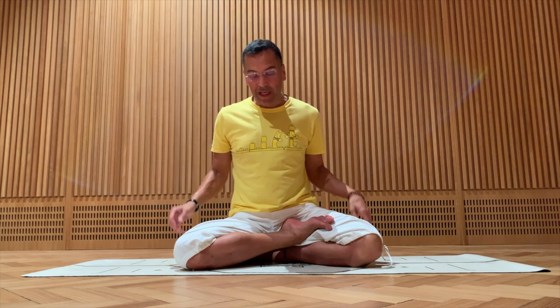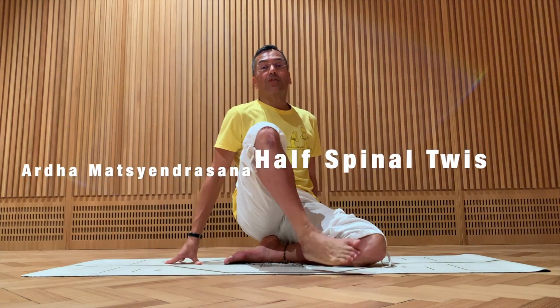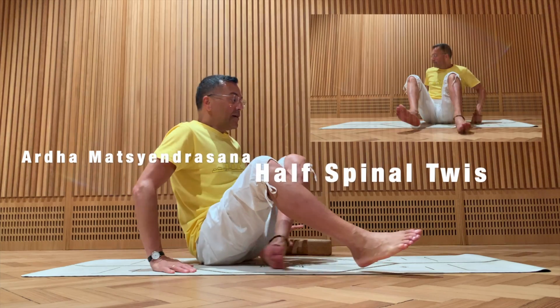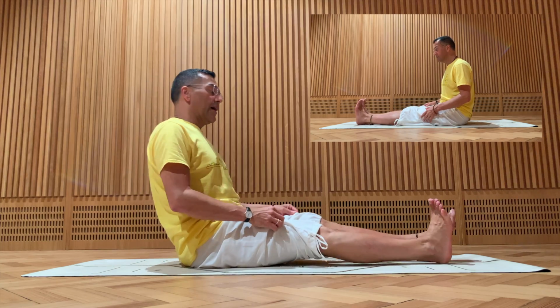Om Namah Shivaya. Thank you so much for joining again. Today I'm sharing with you a wonderful posture, Ardha Matsyendrasana, Half Spinal Twist. It's a wonderful posture where I can show you both sides at the same time. So have a look. I'm sitting on my buttocks, I extend my legs, I push the heels forward, toes towards